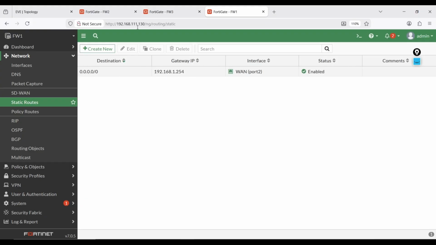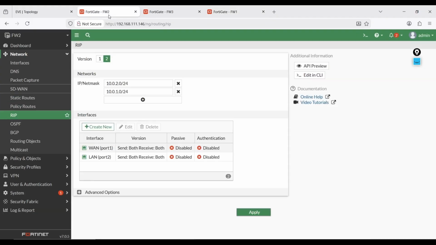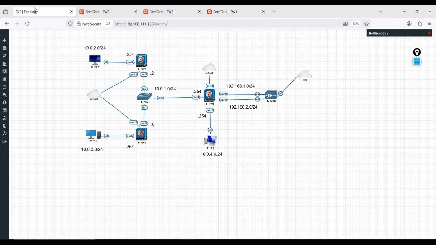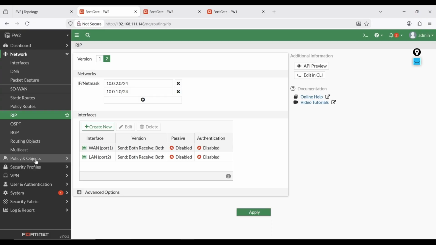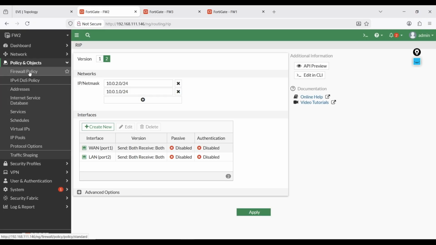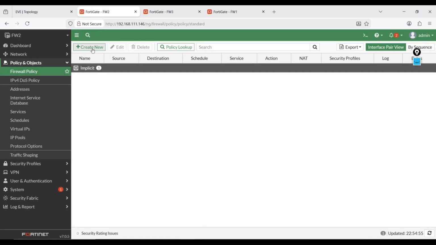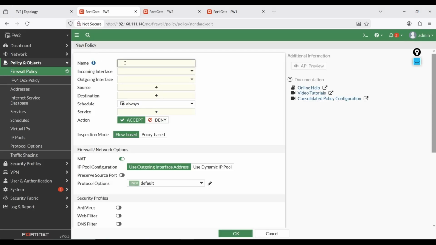So this is completed. Now go to our firewall 2, and we need to create a firewall policy on firewall 2, which is used to allow traffic from port 2 to port 1 and port 1 to port 2. Just click Policy and Objects, Firewall Policy, Create New, from LAN to WAN.